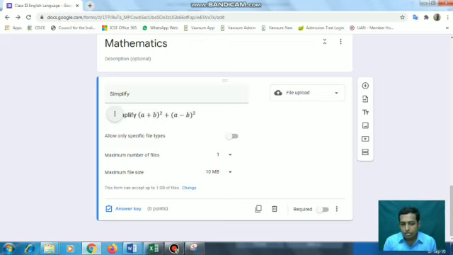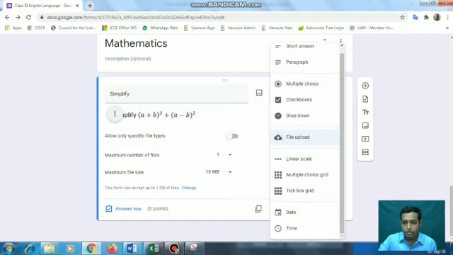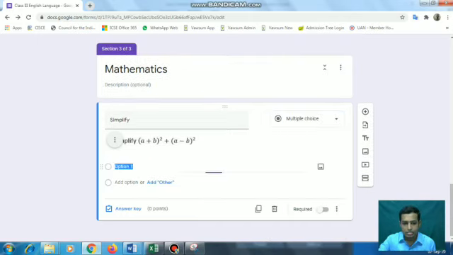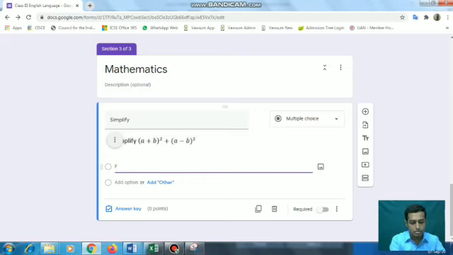So for this, what I thought, I will give a simple option like this: upload image file of your answer in